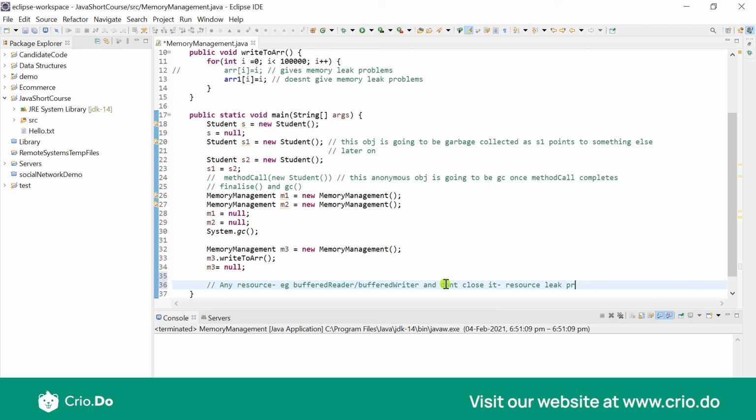I told you earlier. So this resource leak problem is actually going to result in memory leak issues as well, because resources take up memory, right? And if you do not close the resource, it's going to take up that entire memory for the entire amount of time, and you are going to land in some trouble with memory as well. So make sure that when you open a particular resource, you always close it to avoid any memory